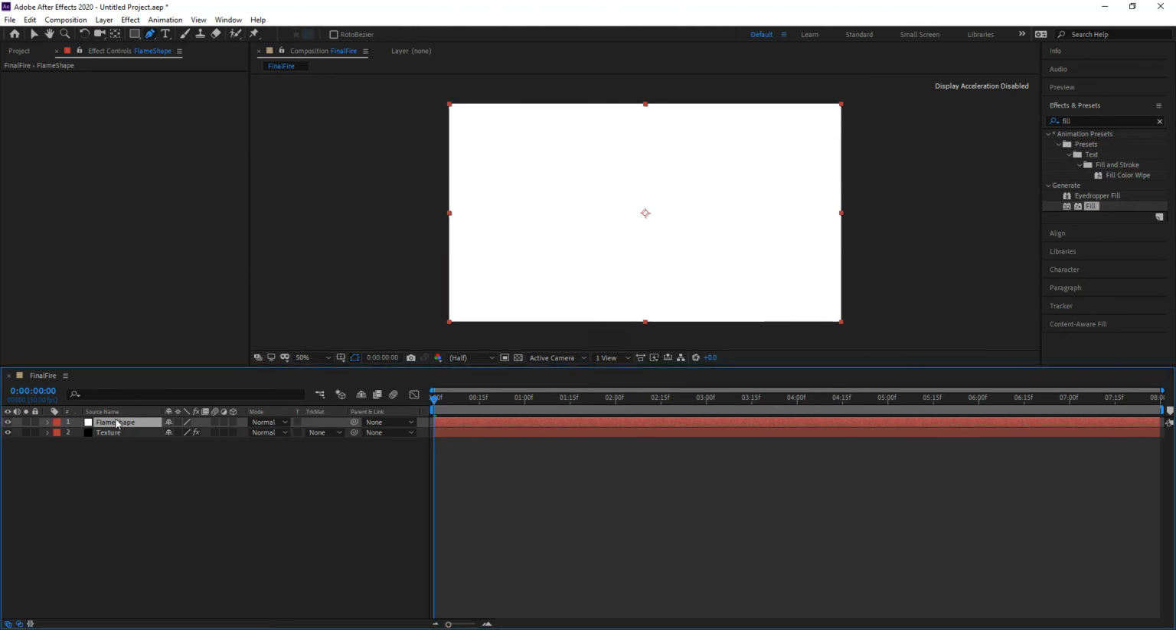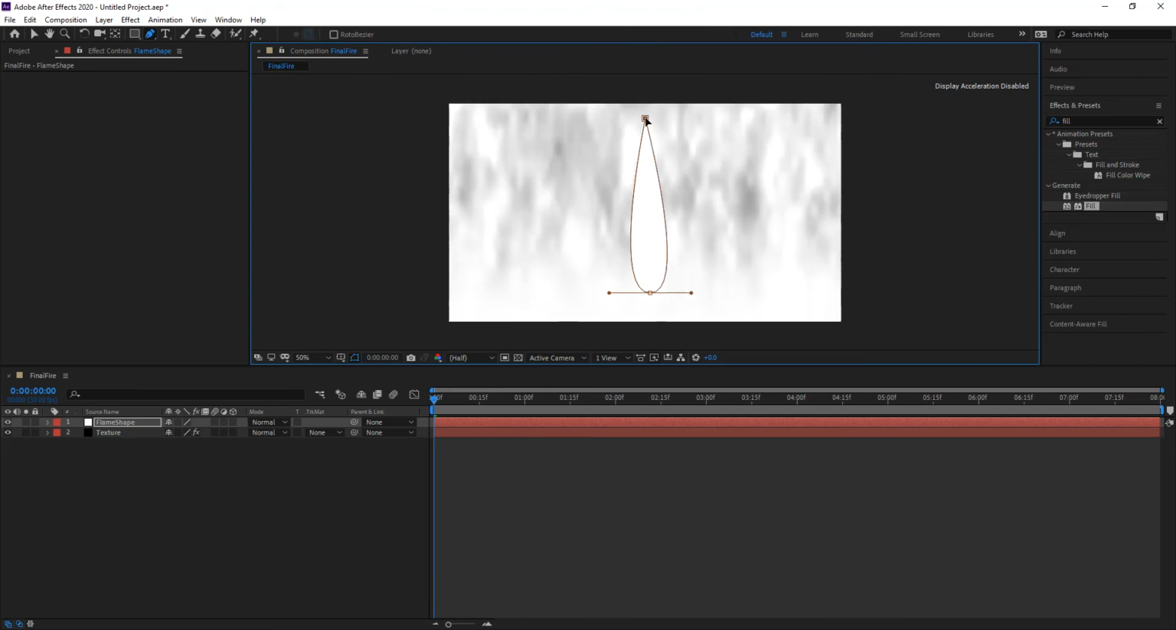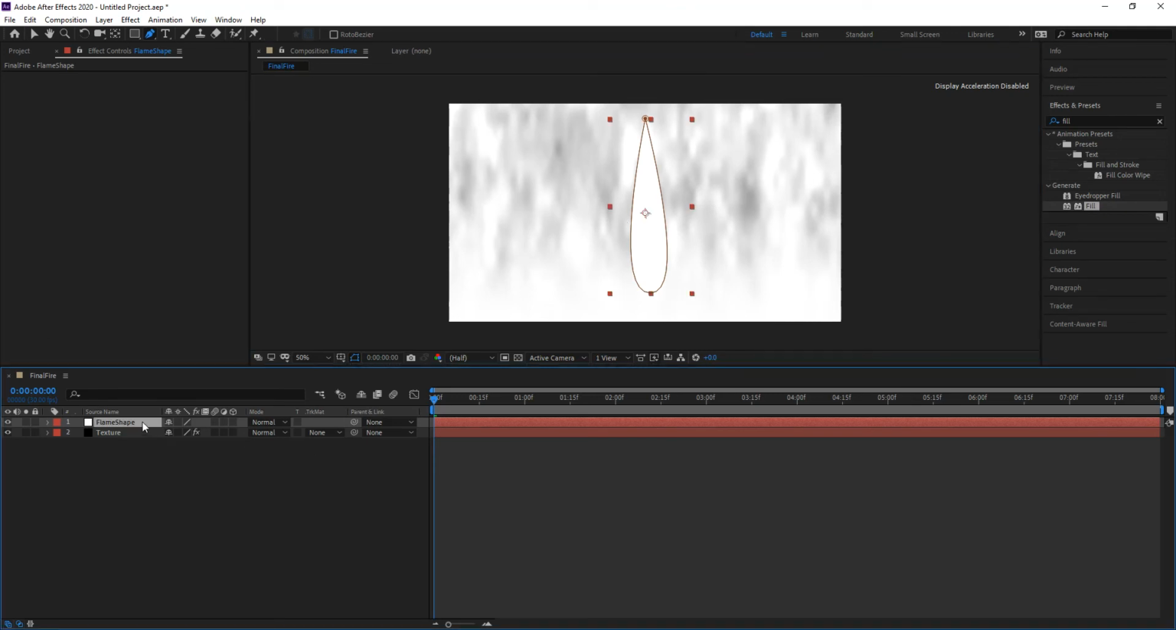So I'll go ahead and make it white, and then I'm going to use my pen tool with the flame shape layer selected. I am going to click up here, then I'm going to click roughly down here, and I'm going to Bezier that curve a little bit, and then I'm going to click up here to close it. That is the shape of my candle, or the shape of my flame. I am going to feather that about